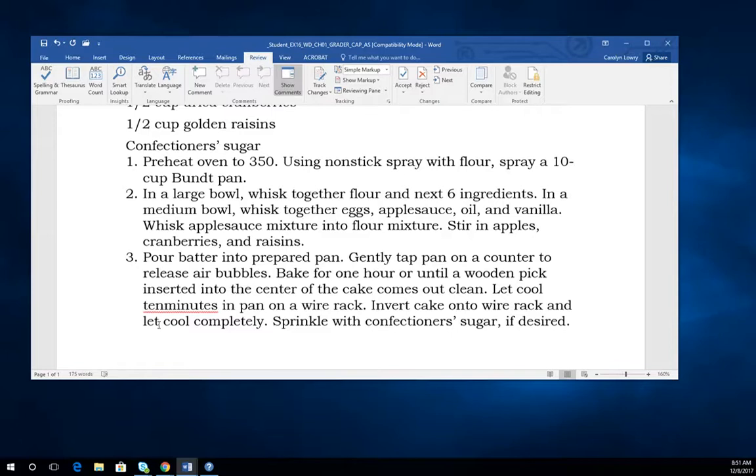And one of the best ways to do that is actually to read it out loud, because when you read it out loud, you notice things that your eye might skip over if you're just reading it there. So now let's look at some options